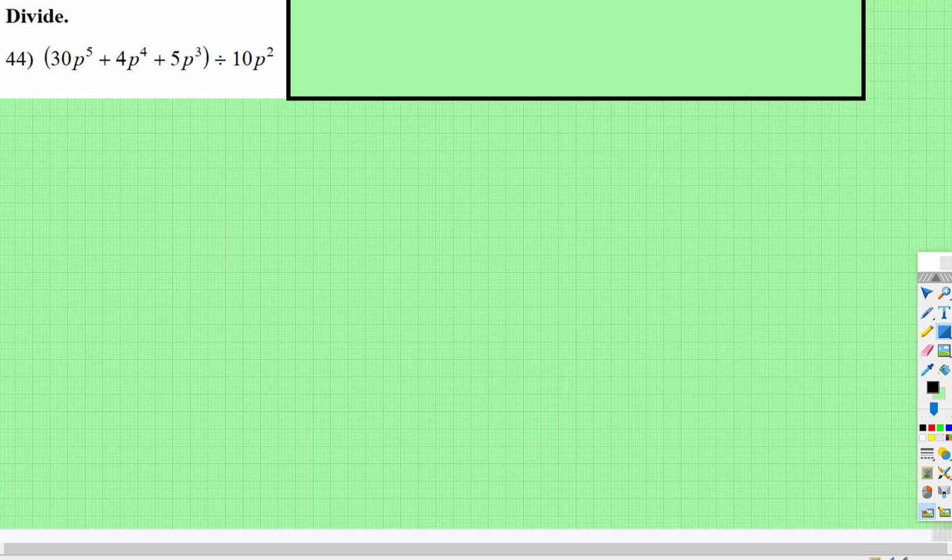Okay, we're going to start working with the operation of division and polynomials. Okay, so notice this first division problem, you're just dividing a monomial. So one method would be 30p to the fifth. This is, I think, the easiest method,